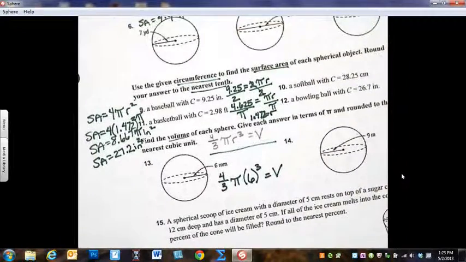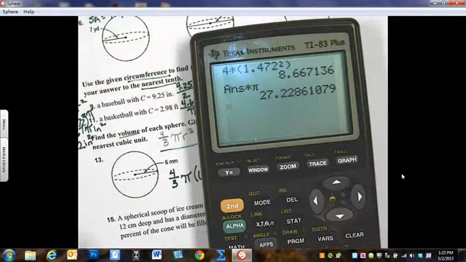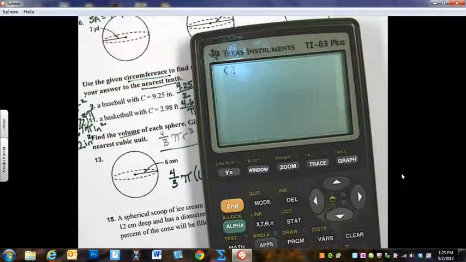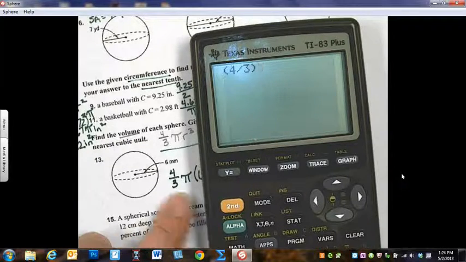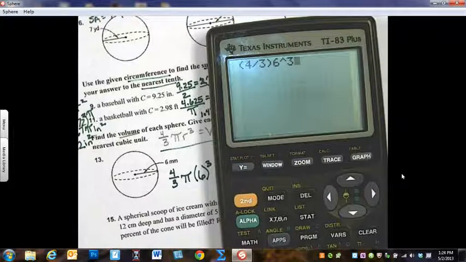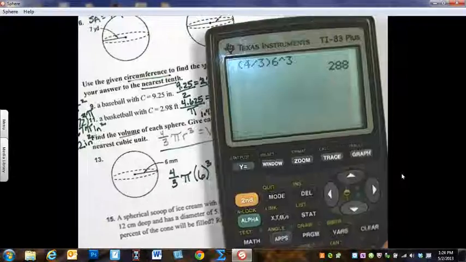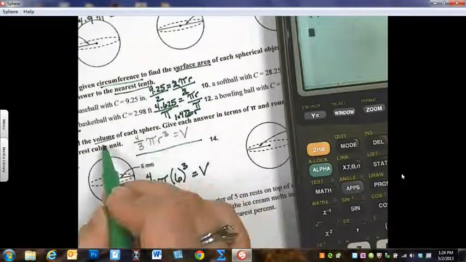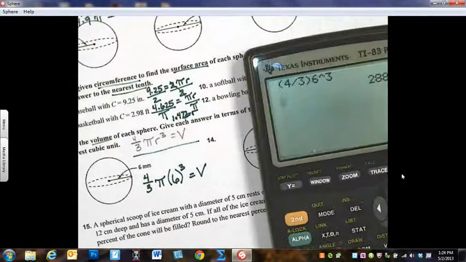Right? So all I'm going to do is come in here, and in parentheses, type 4 divided by 3, close my parentheses. And now I'm going to type in 6, go up to math, and hit the 3. If you prefer, you could do caret 3, and that means it's raising it to the 3rd power, and hit enter. And I know that the volume of this sphere is